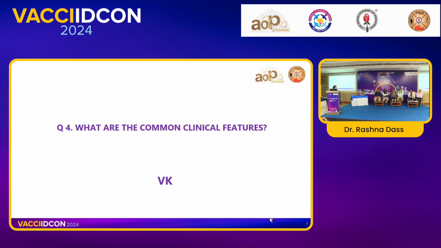Any of the other panelists would like to add or supplement? Nikhil? So the clinical features vary with age. It may vary with etiology. Whenever you are looking at infective causes, they usually start with fever and altered sensorium. It may vary from just amnesia to mild syncopal attacks to altered sensorium to coma.